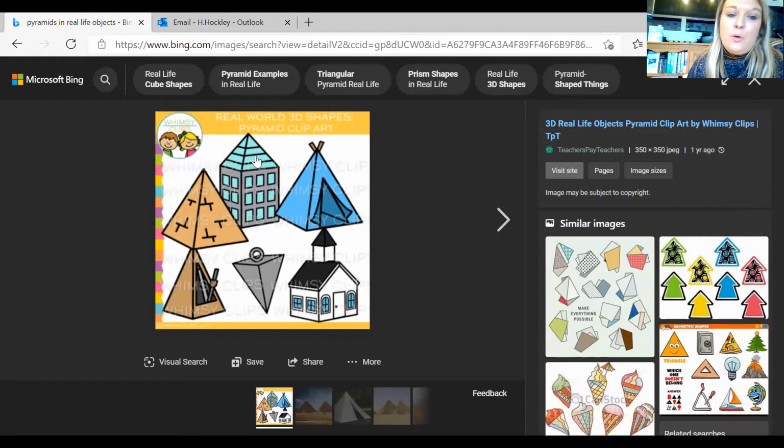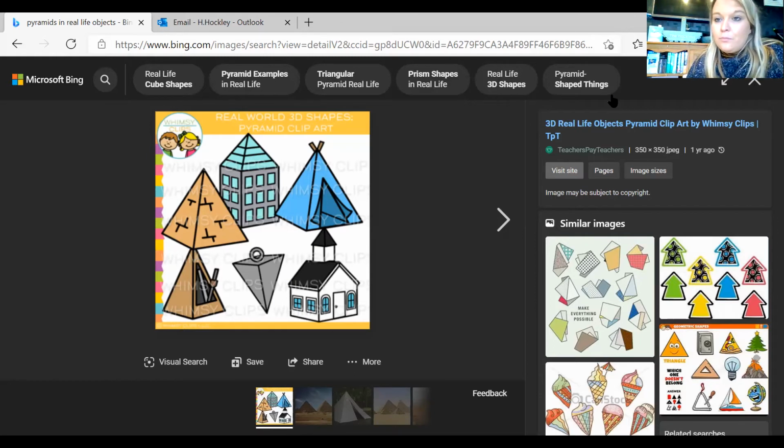We've got the pyramids here. This building's in the shape of a pyramid. This is a type of weight that's in a pyramid shape, and a tent as well. So those are all in a pyramid shape as well. And the difference between a pyramid and a cone, even though they look really similar, is a pyramid has a square face at the bottom and a cone has a circle face at the bottom. So that's the difference. And again, as I said, when we're back at school, we'll be able to explore these